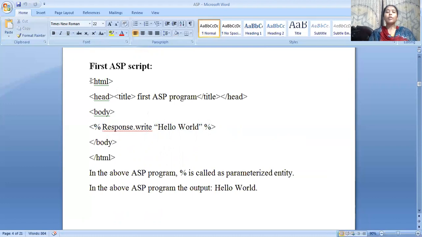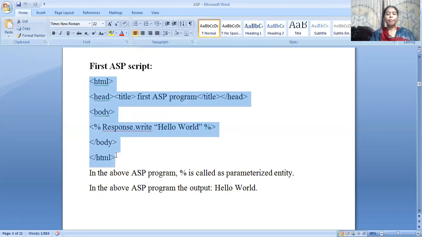Normally we use HTML text, and in the meantime we use some ASP code. Here the percentage symbol is called an entity, that is, a parameterized entity. If I execute this particular program, with the extension .asp, the output is hello world.